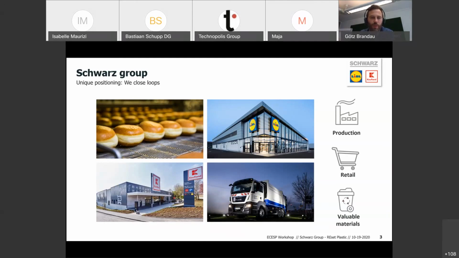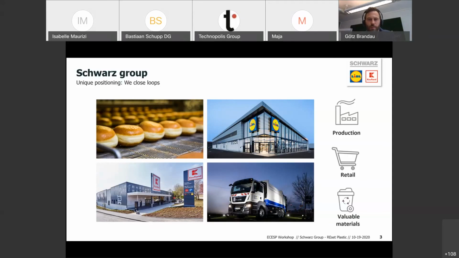At the other end of the value chain, so after the retail stage and at the consumer stage, we have also somewhat recently set up our own waste management and recycling operations. So if you take that in whole, for some of our products in our stores, we actually have influence on the entire value chain, including the post-consumer stage. This is quite relevant, and we'll get back to that a little bit later in the presentation.